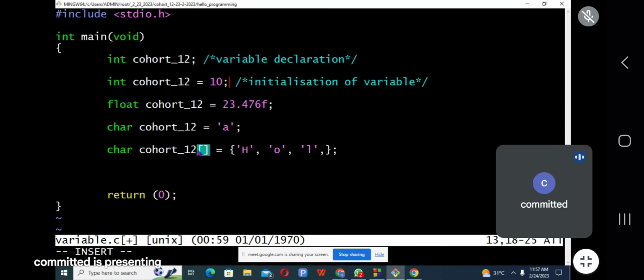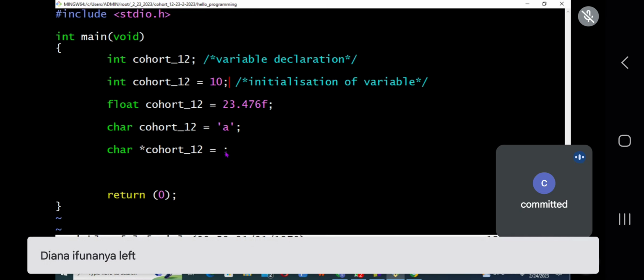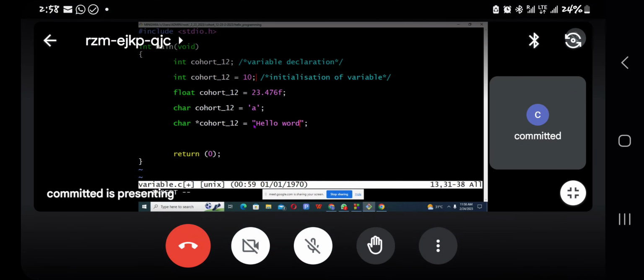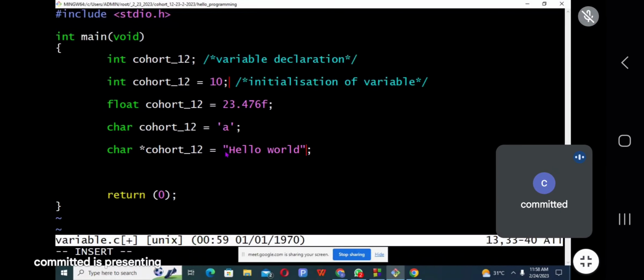In that case, we should still put some additional information here, either as an array, by declaring the number of array. Let's say the number of array we want is 10, that is, every character here we want to print will be 10. Or we use a pointer. When we are using the pointer, we write it this way as a string. So this is what we'll be having.